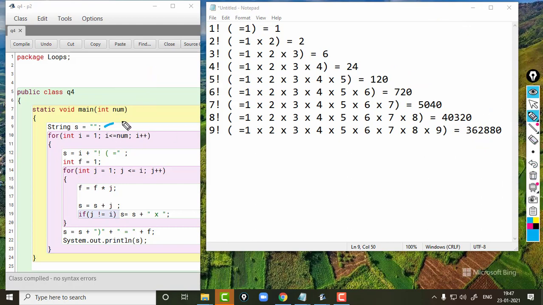Now we have initialized a string variable here. It's an empty string s. Initially it's empty, and in the loop here we are using a nested loop. The outer loop is going from 1 till num. That means let's say num is 9, the outer loop will go from 1 till 9. Then once we are inside the outer loop,